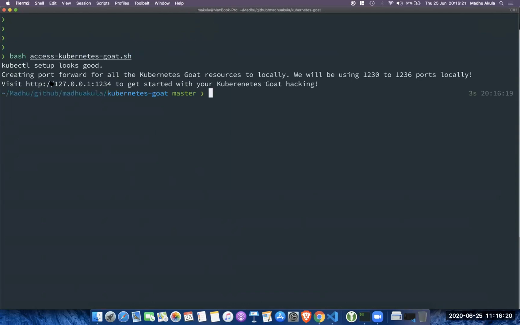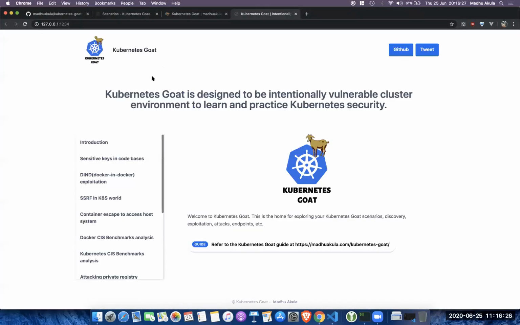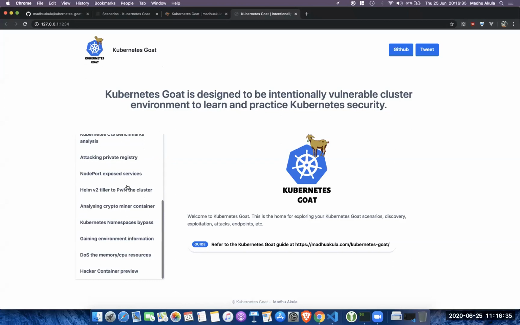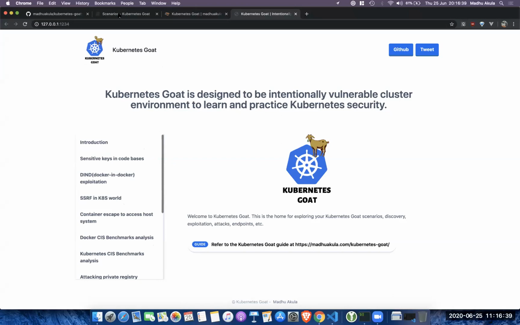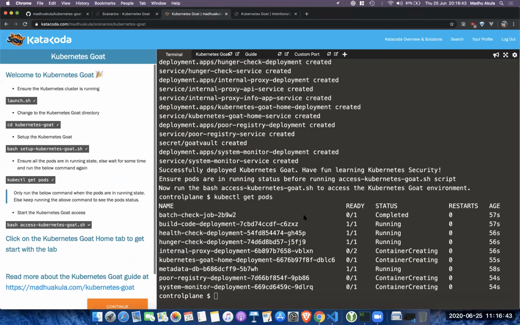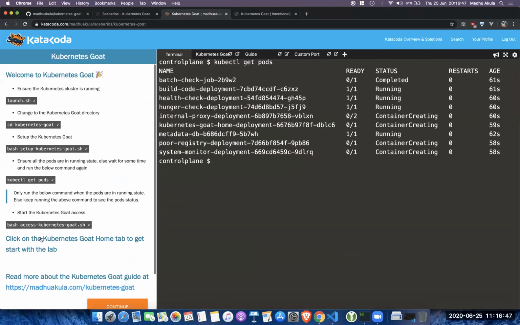So once it is done, you can go ahead and access Kubernetes Goat with the URL 127.0.0.1 with port 1234. So this is the home where you can just get started with Kubernetes Goat for all the scenarios, like whatever the possible attacks as well as the misconfigurations and vulnerabilities, right? So similarly, if you see, I think we are pretty much here. And make sure before running the bash access command, all pods are running.